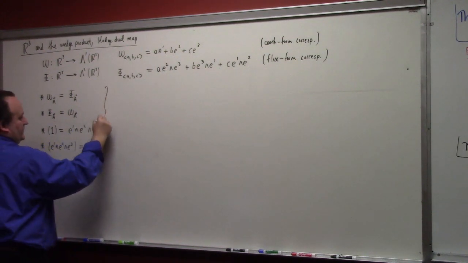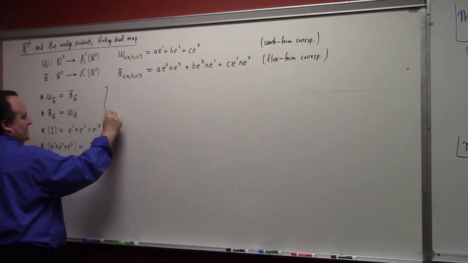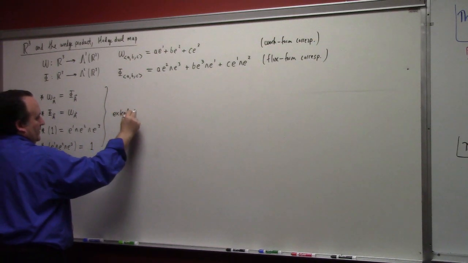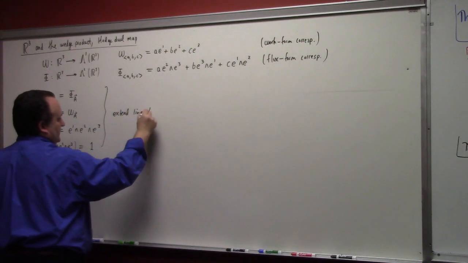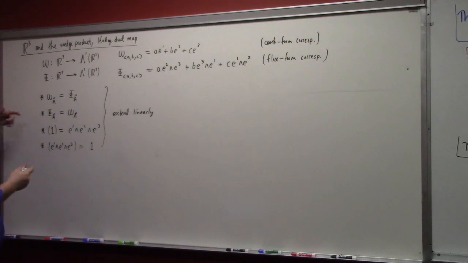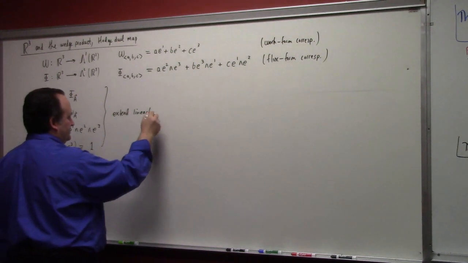So you take these three rules and you extend linearly, although there's really nothing linear. These are already pretty much the full rule, but these ones down here extend linearly, and this gives us the